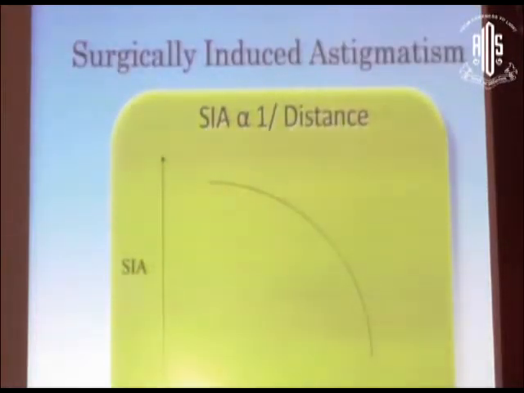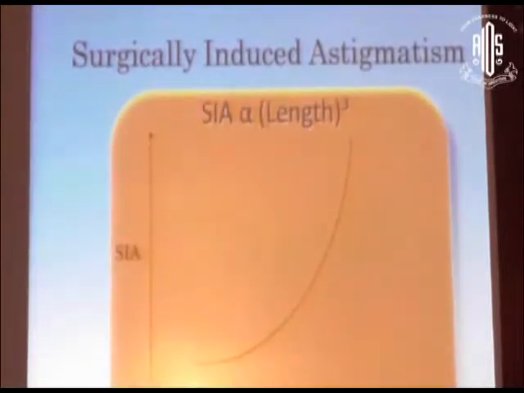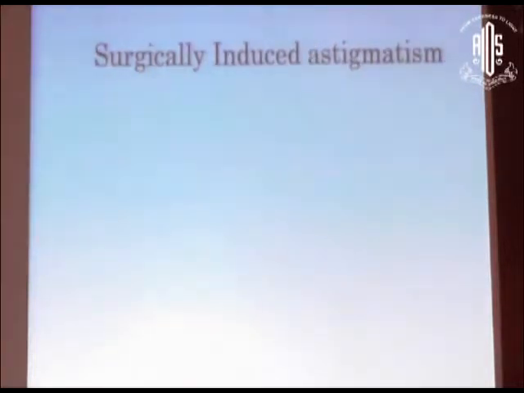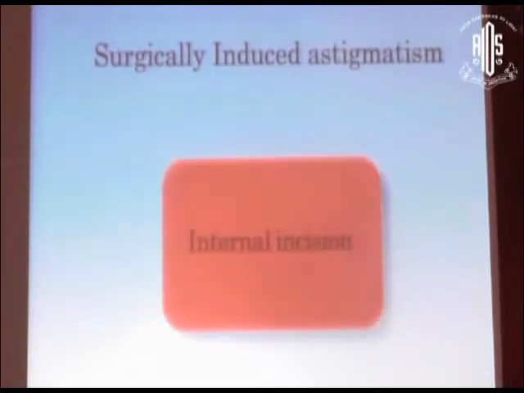For getting minimally surgical induced astigmatism, we should construct a bone that is as posterior as possible from the center of the cornea. The length has to be minimum to get minimum surgical induced astigmatism. But we should not forget the importance of the internal incision, because this is the most crucial factor to determine the surgical induced astigmatism, since it is not stretchable. So we have to make it according to the grade of the nucleus. The size of the internal incision should be according to the grade of the nucleus, and the internal incision should not get torn, so that there should not be any irregular surgical induced astigmatism.